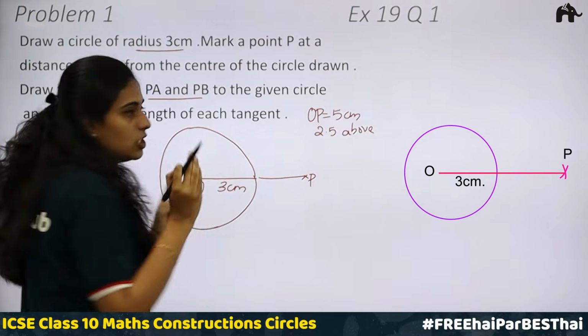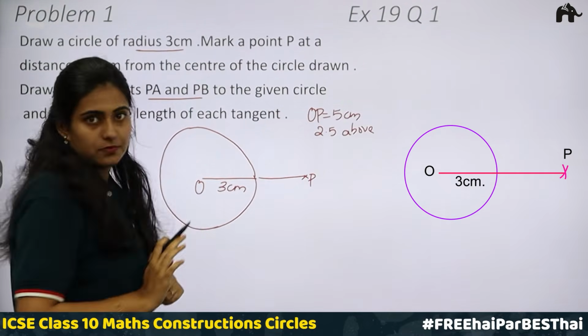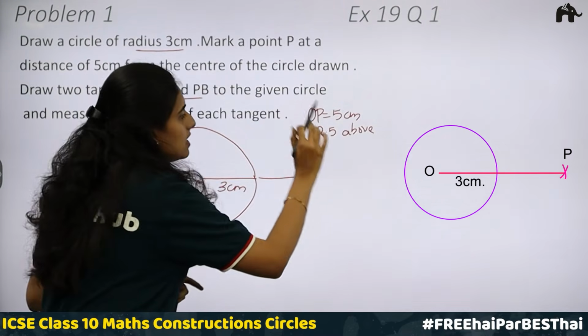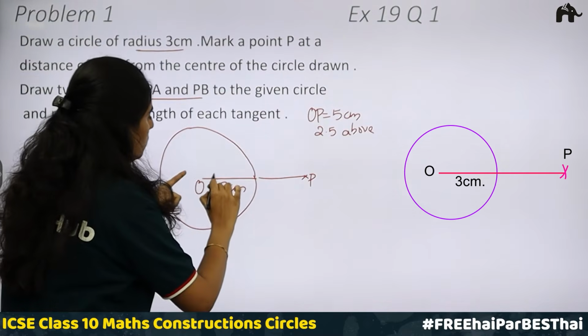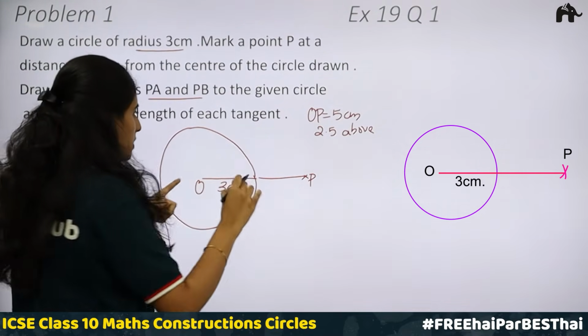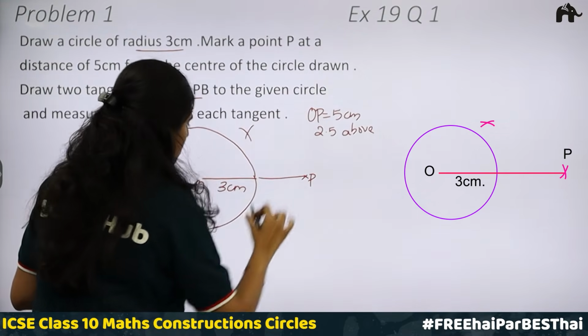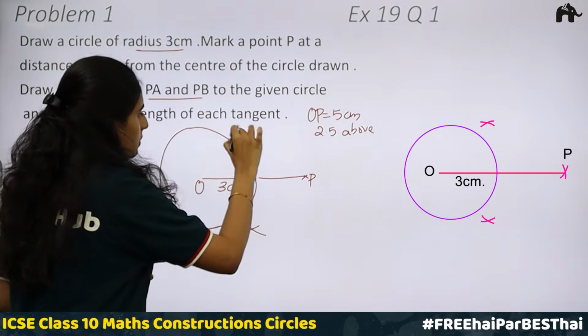What happens if you measure 2.5? You won't be getting intersecting point. Okay. So, you have to measure 2.5 and above. Any distance which is greater than 2.5 is possible. So, when you take 2.5 and above and measure and draw perpendicular bisector. For example, these are my perpendicular bisectors. Okay. So, we draw